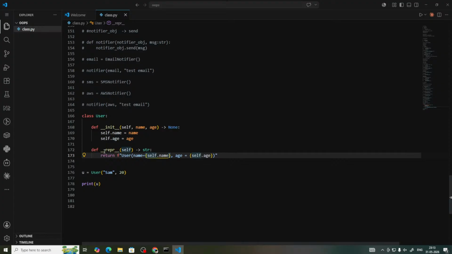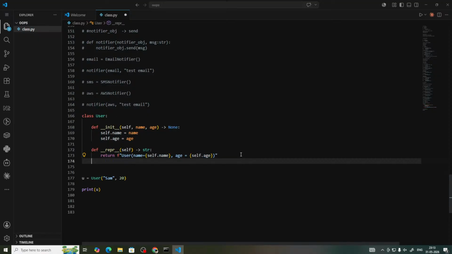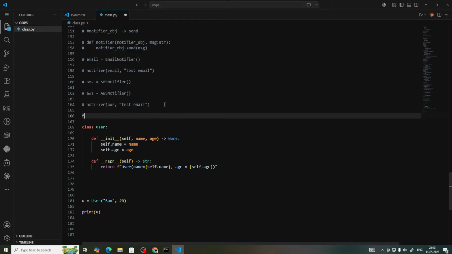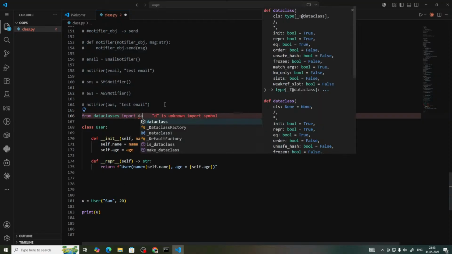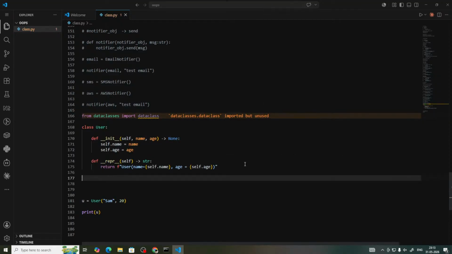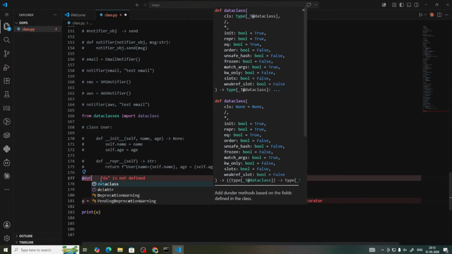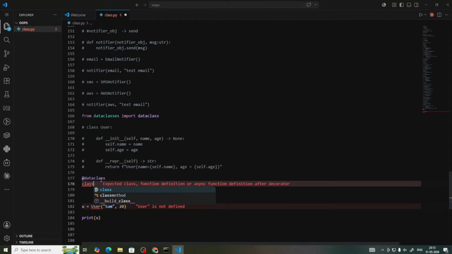But for this we have to write so much code, right? I have to initialize the values using the constructor, then I have to create another magic method, where I need to define how the output would look. But we can do all this in a single line of code, we don't need to write everything. For that we use a data class. From dataclasses, import dataclass. So how can we write the same thing? We will write @dataclass, then class User,